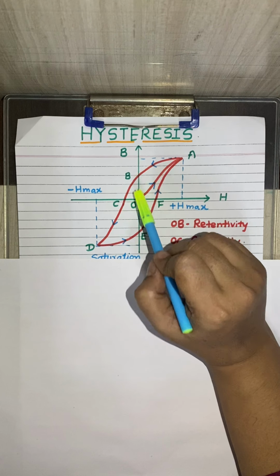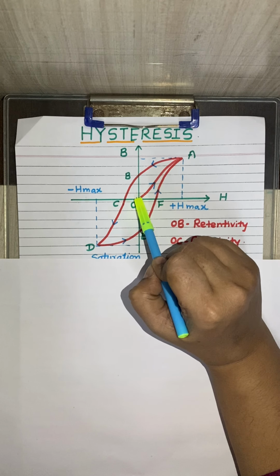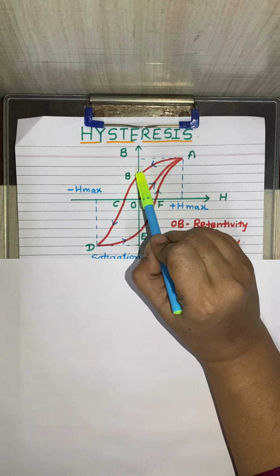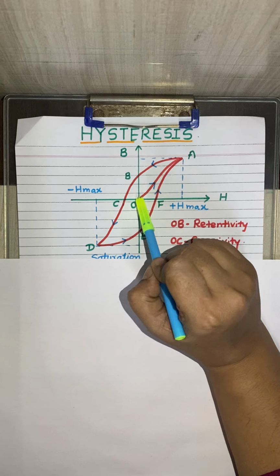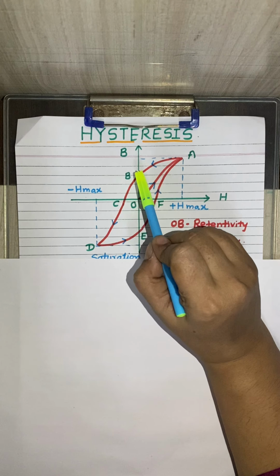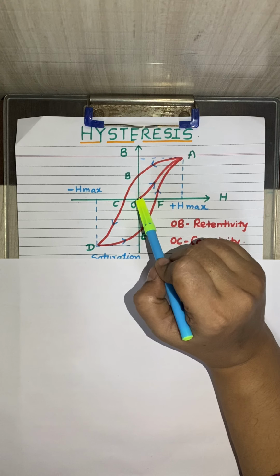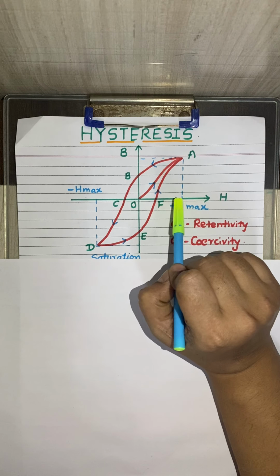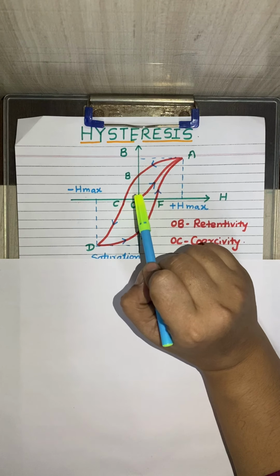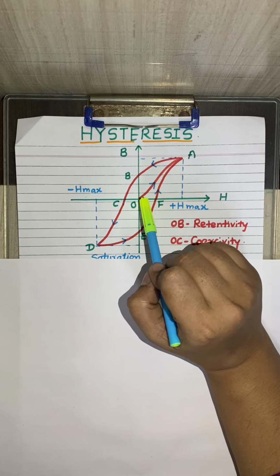Although I have made H 0, B is not becoming 0, even if the magnetizing field H is 0. B still has a certain value remaining. That means the material has a certain magnetic induction remaining inside it. The sample is not getting completely demagnetized although the magnetizing field has been removed. A certain value of magnetic induction remains inside that ferromagnetic material.